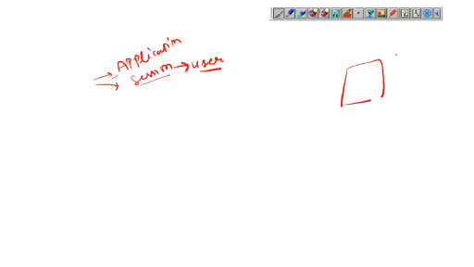Let's say our application is on the server. Now assume there is a first user which comes to the application. That time the application is started. The first user comes and one session is assigned to this user.